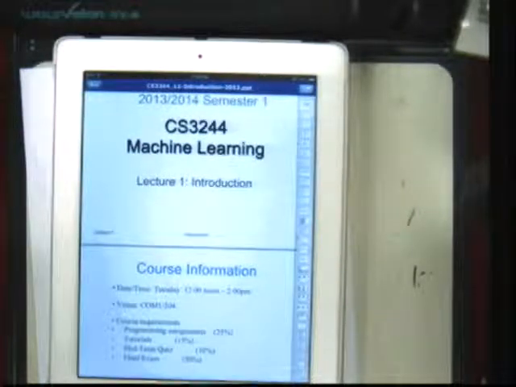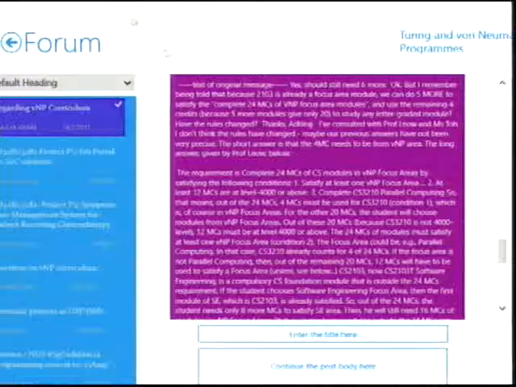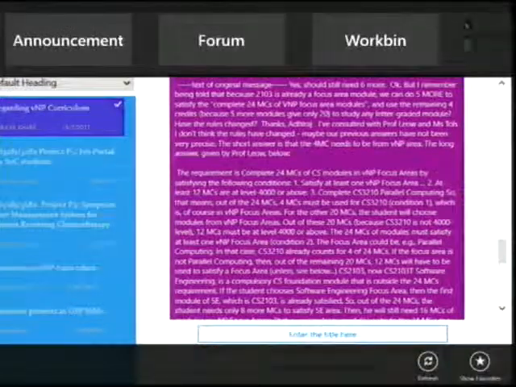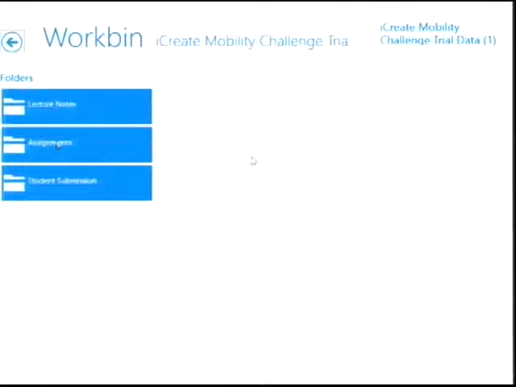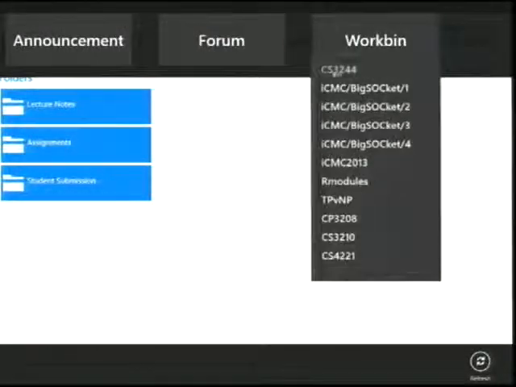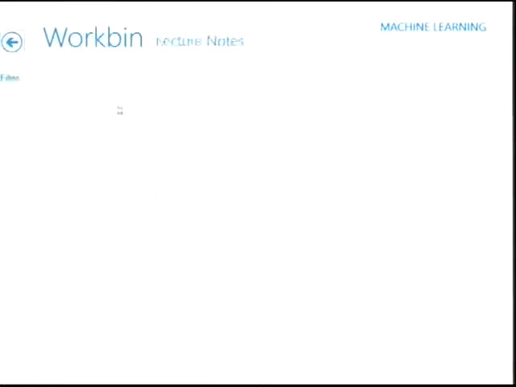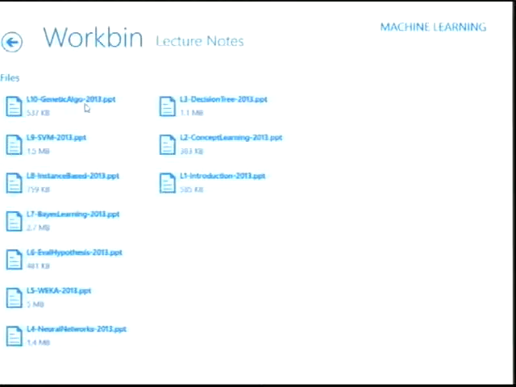Oh, sorry. So now what we do is to get rid of the specialized folder, and we do the folder management automatically for you. How cool is that? Yeah. Let's see. Let's go to Workbin, and I want to download maybe a file that doesn't exist. I want to download this Lecture 10,